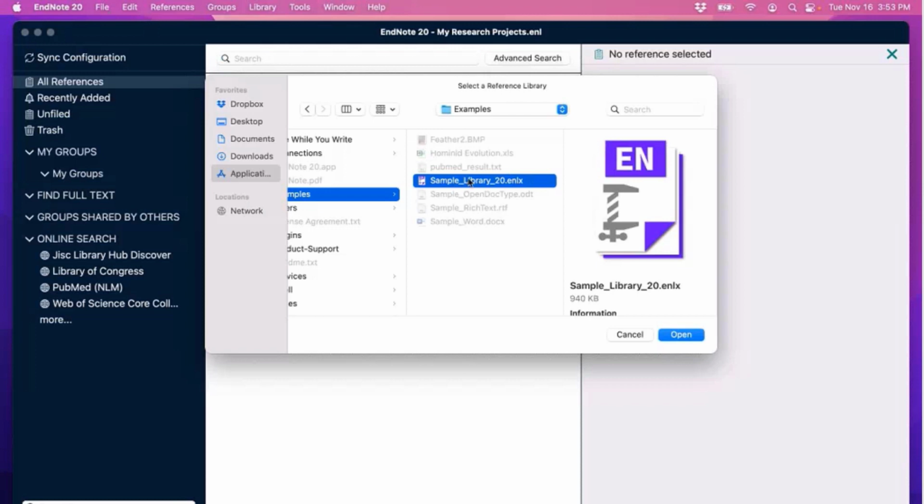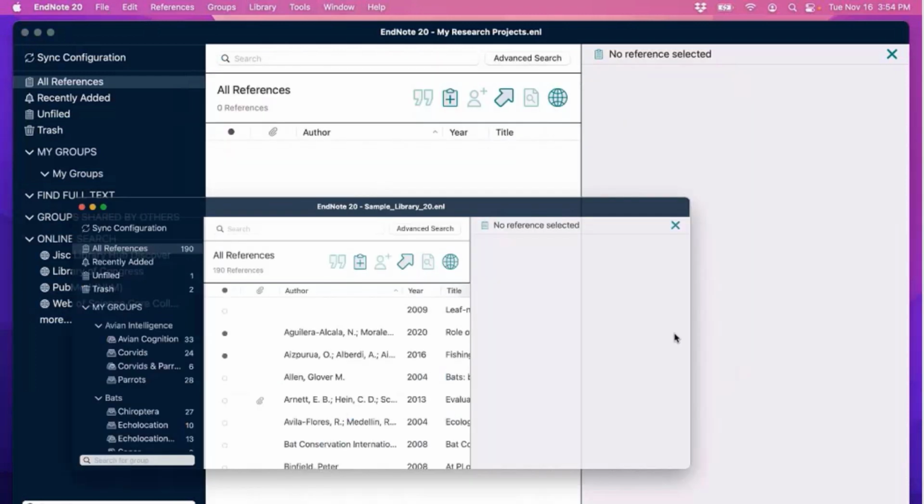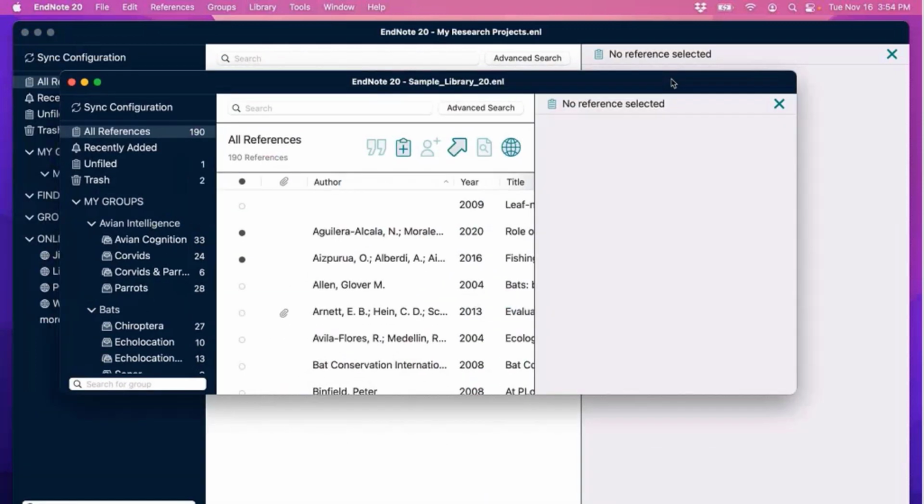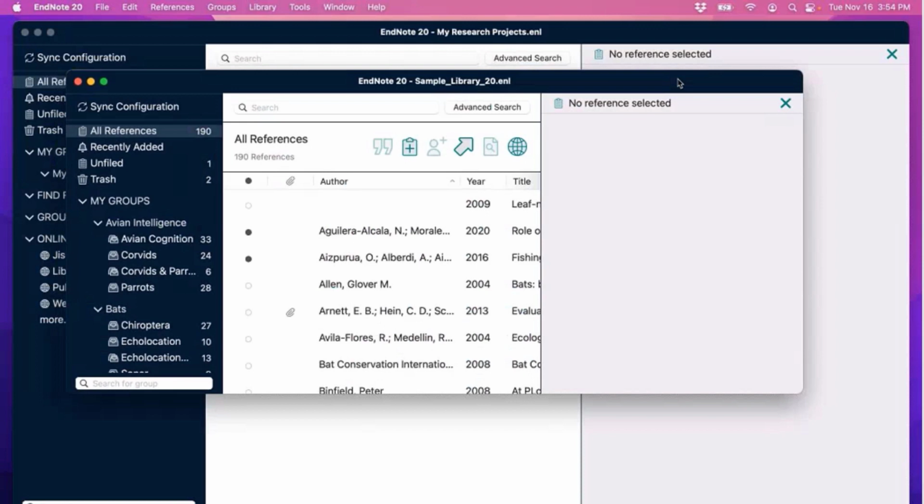So to open this compressed library, we could double-click on the file here, and EndNote would extract the contained ENL file and data folder, then display the library on screen, or we can highlight it like we've just done, and we can choose open, which I think I'll go ahead and do now. Here, I'll press open. We see EndNote's, perfect, it just finished extracting those components. We see that the sample library is open in the front of the screen.